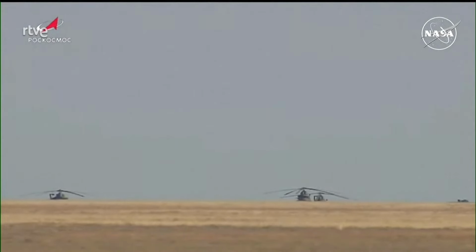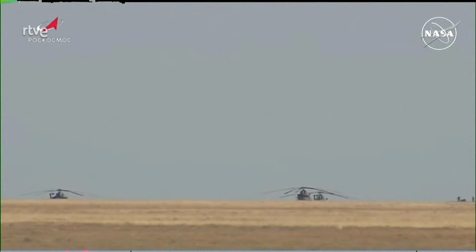Once again, courtesy of Roscosmos television, a closer view of some of the Russian Mi-8 helicopters that are now on the ground near the Soyuz MS-25. We should be getting a much closer view of the spacecraft, and there's a perfect sequence of events all the way down for Tracy Dyson, Nikolai Chub, and Soyuz Commander Oleg Kononenko